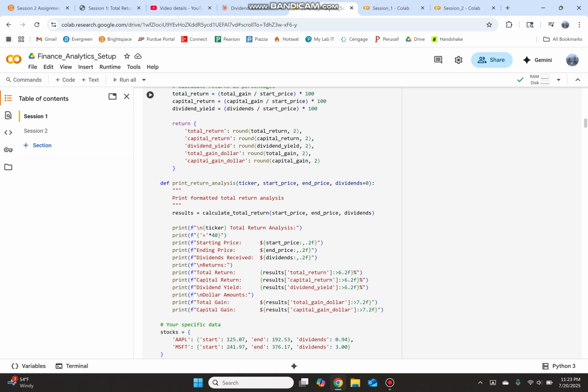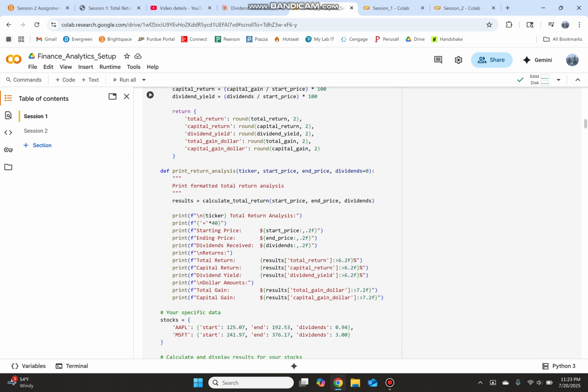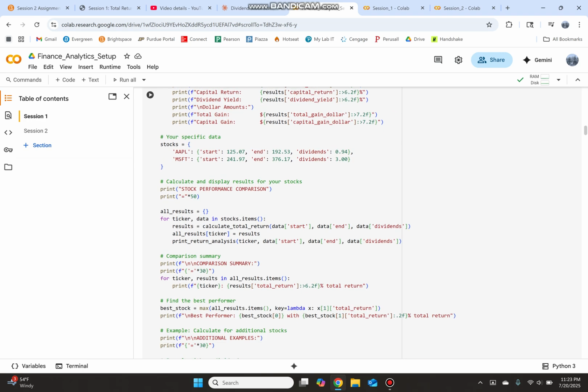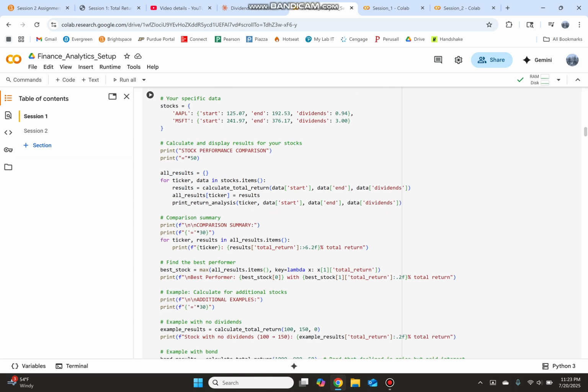Then we also have our starting price, all our other different information, and it basically just indexes where the ticker is, which is either MSFT or Apple. So we use those, and it gives us our specific data. So our stocks for Apple are this and that. Then it gives us a display, so it'll display those two side by side. And then for all results, it'll compare them. Then it'll find the best performer,